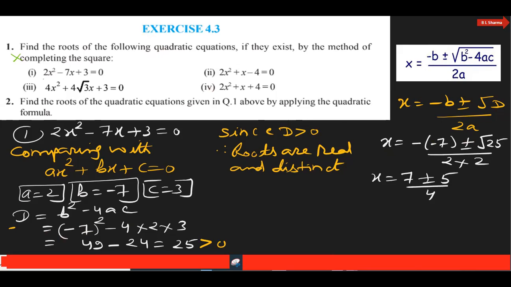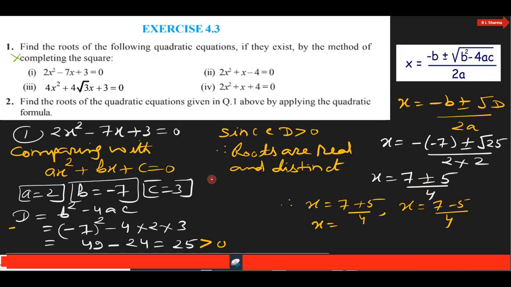Therefore, one time plus: x is equal to 7 plus 5 by 4, and x is equal to 7 minus 5 by 4. एक बार आपको प्लस लेना है और एक बार आपको माइनस लेना है।